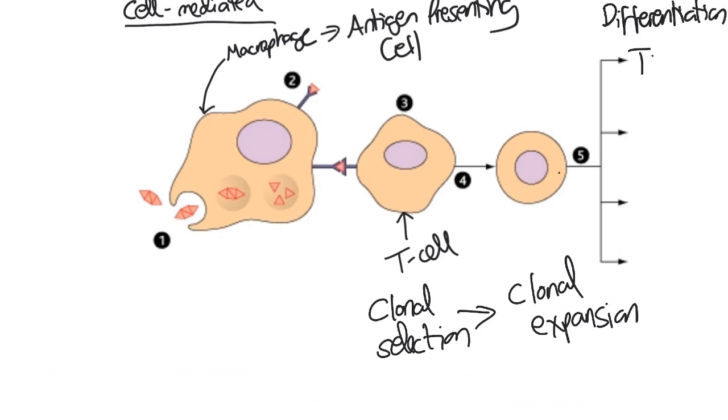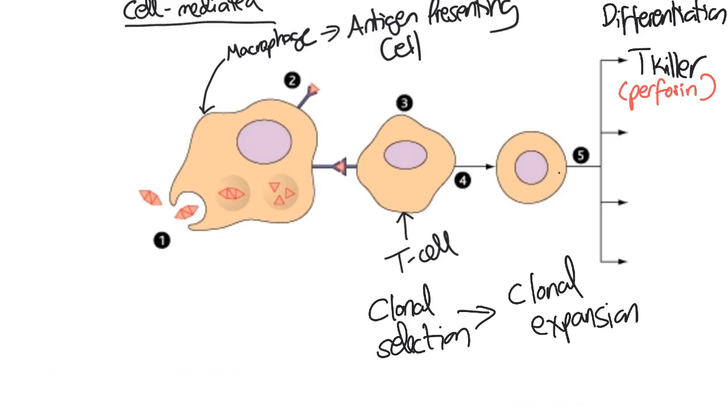They can differentiate into T killer cells, and these T killer cells are then going to go back onto the original infected cells to kill them. And the way that they do that, well, one of the ways they do that is they produce a molecule called perforin, which perforates the cell surface membrane. It pokes holes in maybe the infected cell.